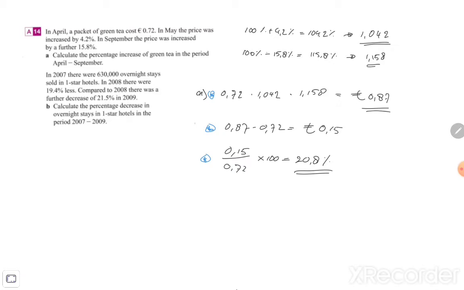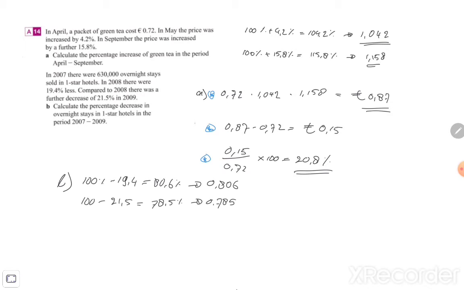All right, so if we look at exercise B, we start with 100% always, but it will decrease the first time with 19.4%, which is 80.6%, as a decimal number 0.806. Further, it will decrease with 21.5%, so 100 minus 21.5 is equal to 78.5%, as a decimal number